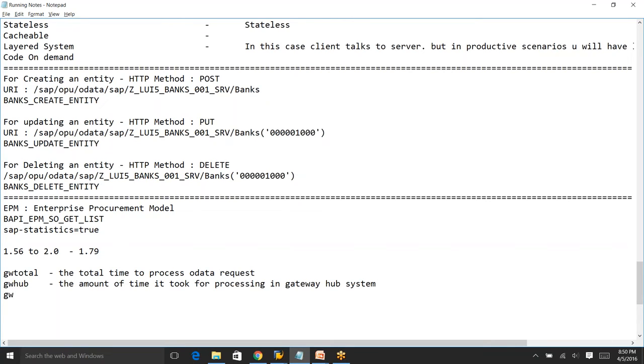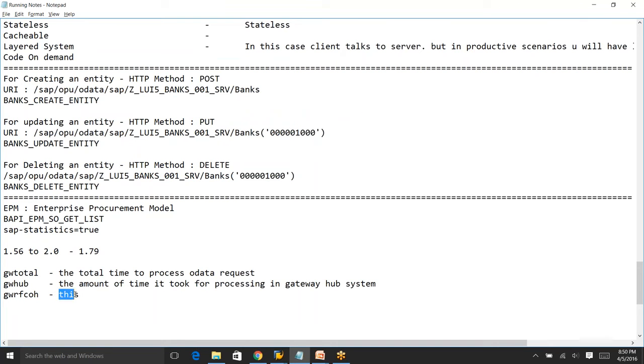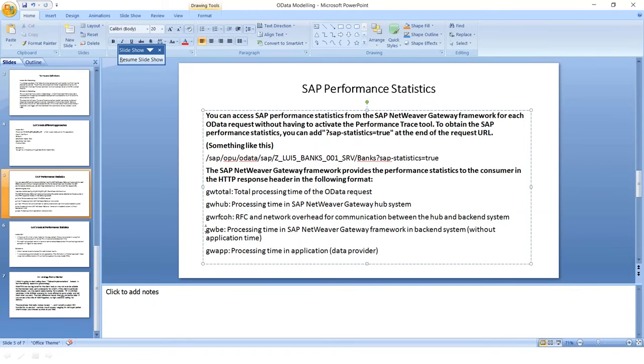The other one is gateway RFC overhead. If you are following the central hub deployment, there is an RFC connection between your hub system and backend system. So this is the amount of time it took for the RFC and network overhead for communication between hub system and the backend system. Okay, and